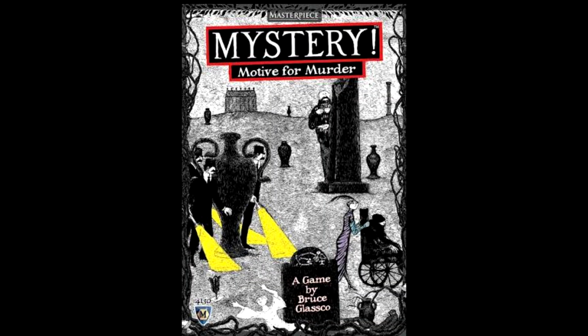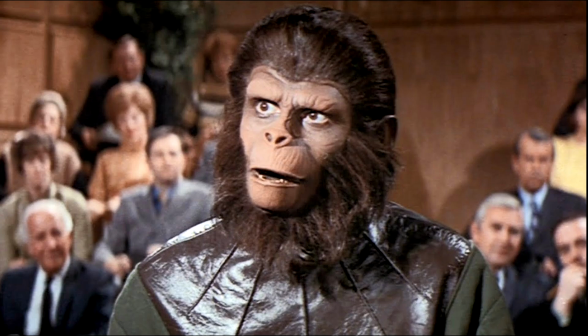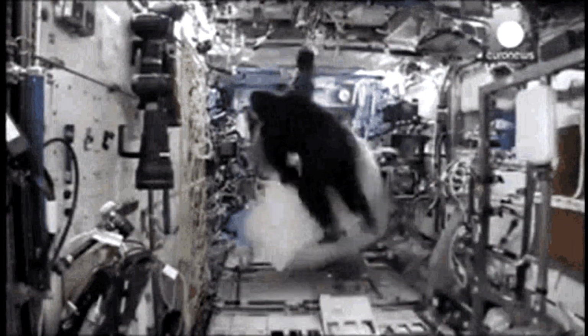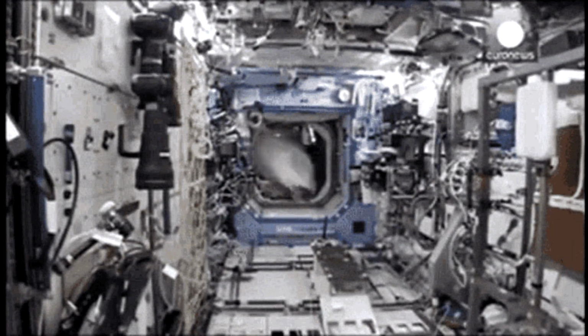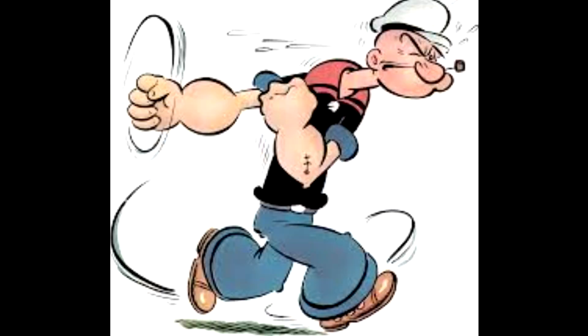Murder mysteries can work in any setting or genre. Imagine the surprise of your players playing detective only to discover the killer is an ape. Or, if your setting is science fiction, maybe a space ape. Killer apes from outer space. It could work. To deepen the mystery, have a sailor, or whoever it was that was responsible for the ape